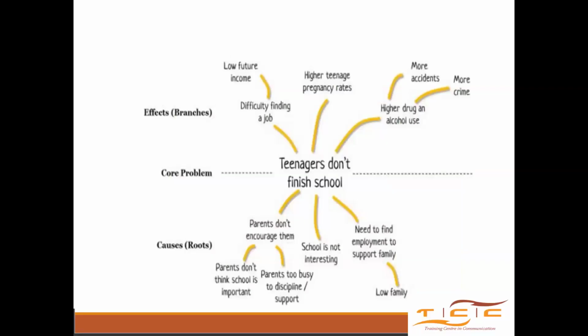And I think this is an example of a problem tree. In the middle, the core problem of the problem tree is that teenagers don't finish school. It's that simple. That is the problem I'm dealing with. But then what is causing this? Sometimes it's good to map it out like this. And this is also very important for you who is going to deal with students. Sometimes the easiest way is to draw for them this problem tree so that you think together. You tell them, okay, what is the problem? And you say, the high cost of fish feeds. Okay, what is the problem? Okay. Why are fish feeds expensive?